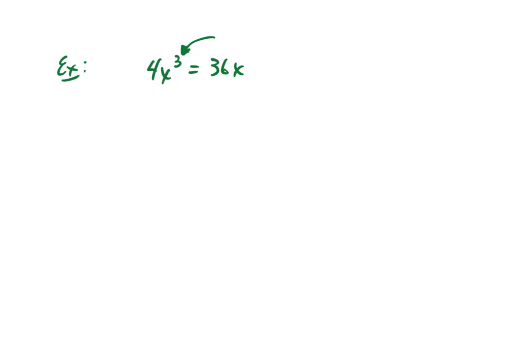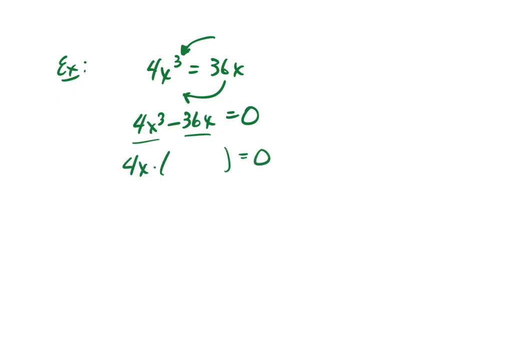We need to start by getting 0 on one side, and we don't have that right now. So I'm going to choose to move the 36x to the left-hand side by subtraction, and then factor. But this time, it's not just one type of factoring, it's 2. We first would have to look for what's common to both of the terms, and here what's common to both terms is a